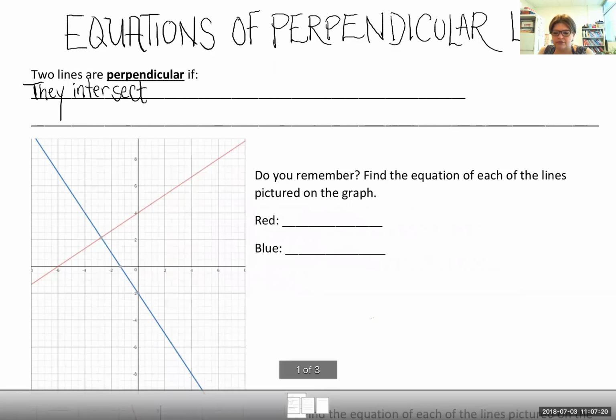I actually got annoyed the other day because I was on Pinterest and I saw some teacher's meme, probably an elementary school teacher, who had said that perpendicular lines are not intersecting lines. And I was like, you're out of your mind. Perpendicular lines are a type of intersecting lines, but that's not the only requirement. They're not just intersecting, it's more than that. They don't just cross. They intersect in a very special way. They intersect at right angles,